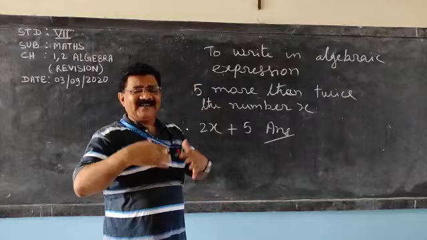Dear children, we have already discussed that generalized arithmetic in which literals or variables are used with numbers is algebra. If I am writing 2x, 2 is the number and x is the literal, meaning letters from A to Z are used with the numbers. That is algebra. That part is clear. Now, what type of questions may be there in algebra? That part is important.